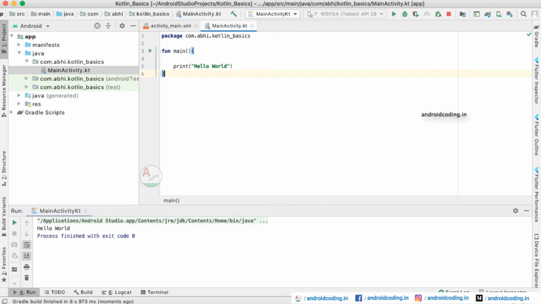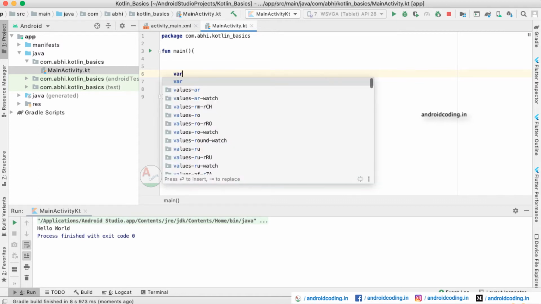Now the same thing we want to do from a variable. This is a static type of declaration, so we need to know the dynamic type of declaration. For example, what is the difference between static and dynamic? For example, you have defined some text and you are trying to print it out onto the display, that is static. But when you are accepting a user input, so the user is typing some text and you are trying to display it onto the output, that is a way of dynamic input.